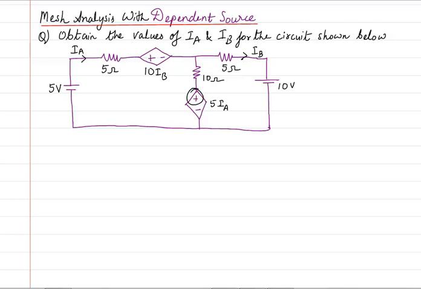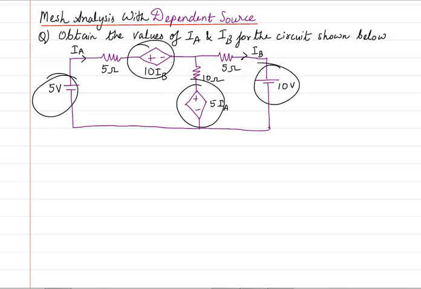Now, as you can see, the polarity is already given. So this is a voltage source. Don't go by the value written here, because that is only going to give you the value. It's not going to tell you whether it is a voltage source or a current source. The only thing that says whether it is a current source or a voltage source is this polarity. So here we have a voltage source. Similarly here also we have a voltage source. So it's basically a simple mesh analysis circuit with four voltage sources, which I am marking here, out of which these two are dependent sources and the other two are